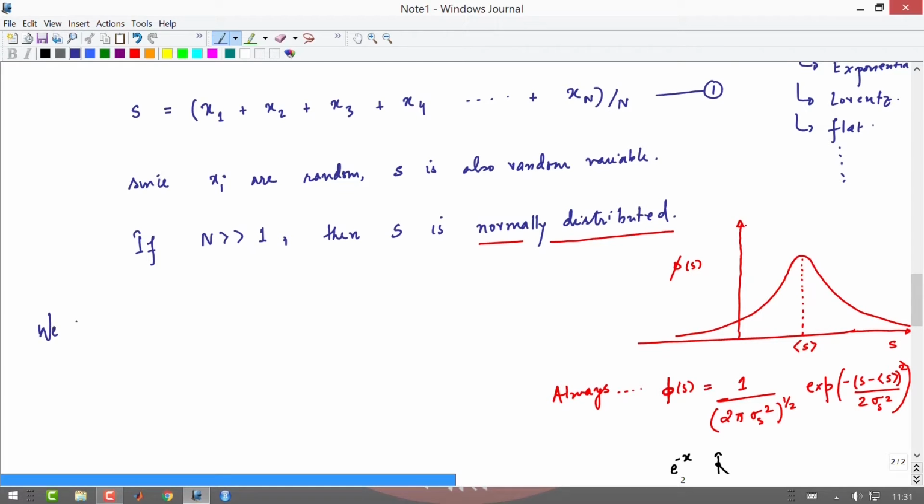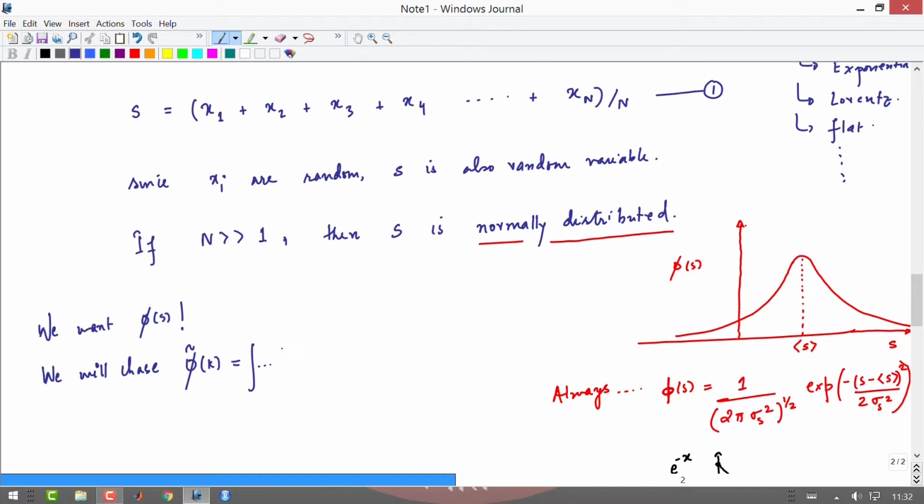We want phi of z, phi of s, our sum is now s. We want phi of s, but we will start with the characteristic function. Right. So, now the characteristic function can be written as